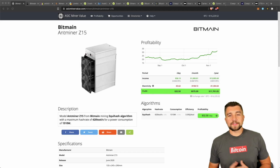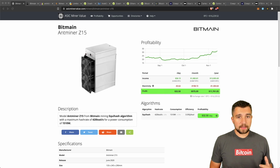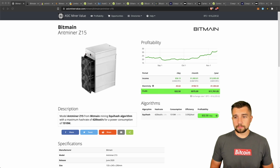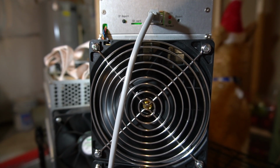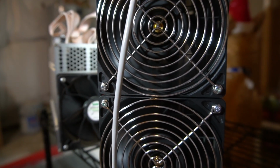The Bitmain Antminer Z15, okay? Bitmain is the manufacturer, Antminer Z15 is the model, and this is a crypto mining rig that mines the Equihash mining algorithm. It's absolutely dominated by Zcash. We've been mining Zcash for several years now, and to be honest, it's one of the most lackluster cryptocurrencies I've ever seen as far as price goes. Last cryptocurrency bull run, for a while, I'm talking months, it moved hand in hand with Ethereum. One Zcash was more or less one Ethereum. Now, one Zcash is worth about $60, and one Ethereum is worth over